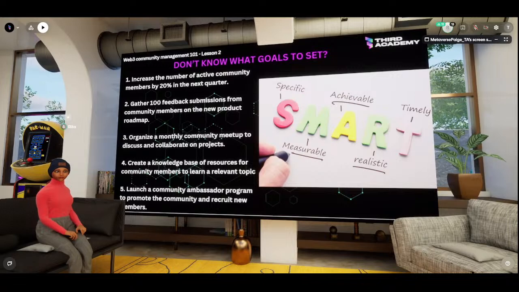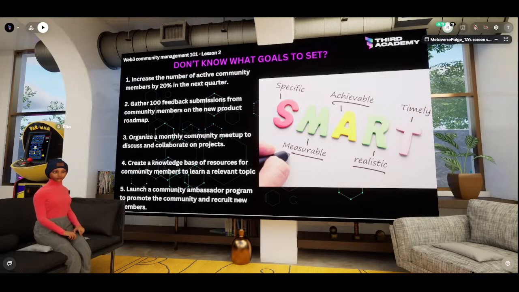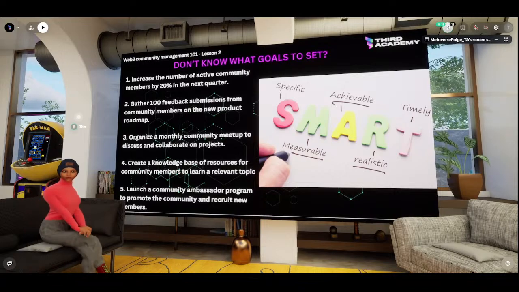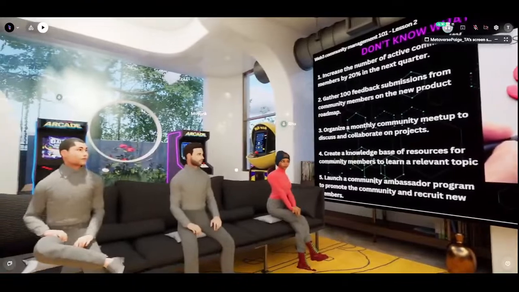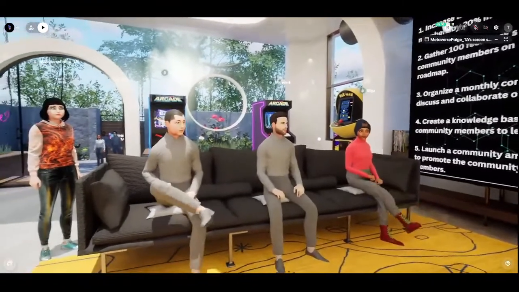So when it comes to setting goals, flexibility and the willingness to adapt your goals is essential, right? So things change, and in Web3, things change faster, right? So you need to learn how to adjust your goal as your community evolves.